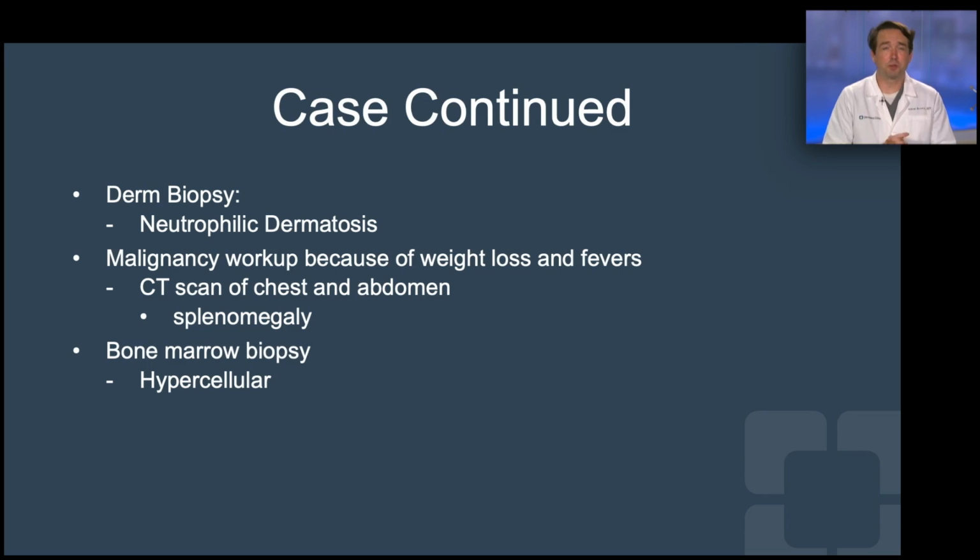So from a rheumatology perspective, when we have peri-orbital edema, the differential is fairly narrow. You know, is it infection, is it malignancy? If those are ruled out, then the concern is something that can add tissue from a rheumatologic perspective, which is actually not very broad. So we have IgG4-related disease, we have sarcoidosis, we have granulomatosis with polyangiitis. His ANCAs were negative, his IgG4 levels were normal, and his CT scan of his chest was not evidence of